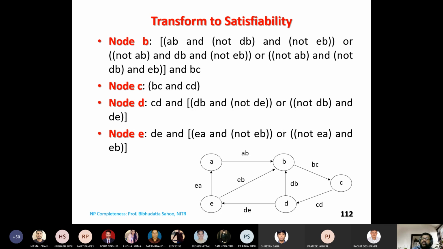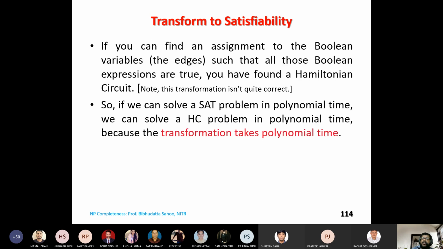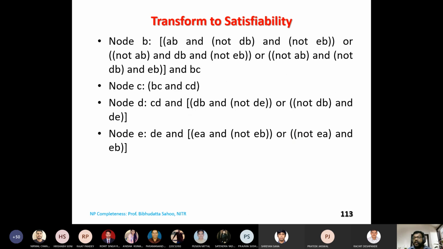A graph is given, you know incoming and outgoing, so we prove it. That means you have created a matrix, you are traversing a matrix, converting that to another matrix, so definitely it will be polynomial time, maybe at most order of n square.